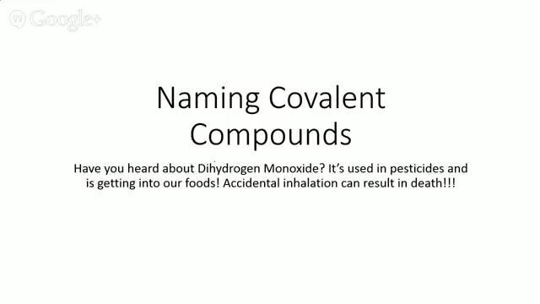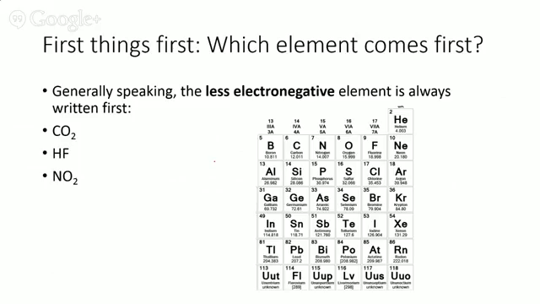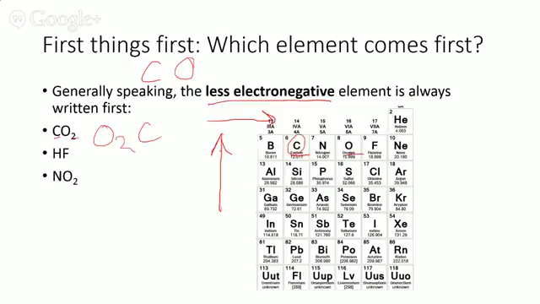All right, so first things first, which element do we write first if we have a formula? For example, if we had carbon and oxygen bonding together, when we write the formula, why is it CO2 and not O2C? Why do we put the C first? Generally speaking, we always put the less electronegative element as the first element that we write. So if you remember our trends for electronegativity, it is the greatest towards the top and towards the right. So if we're looking at carbon and oxygen, well, we know carbon's the less electronegative element, so we put carbon